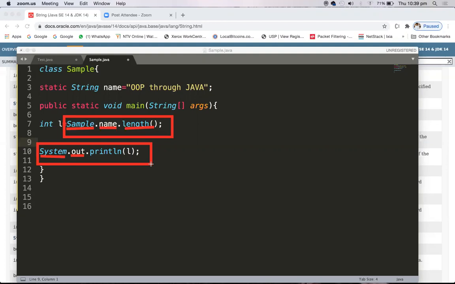Like that, we have methods for different data types. How we are writing System.out.println, we can understand by seeing this program Sample, where I have a String name, and String has a length method. With this analogy, we can clearly understand why we are writing System.out.println.